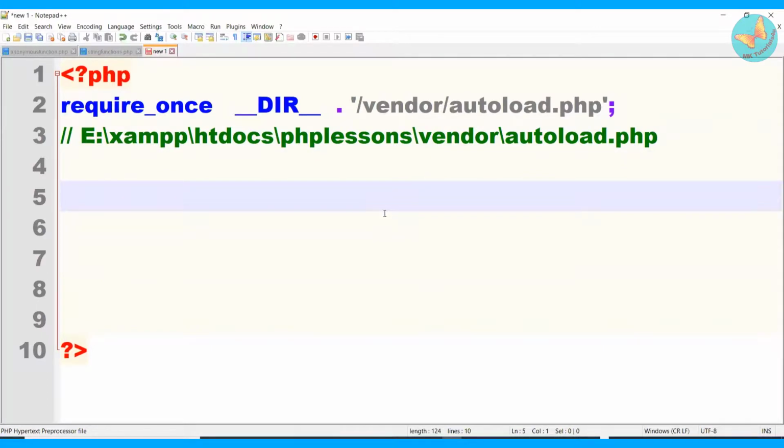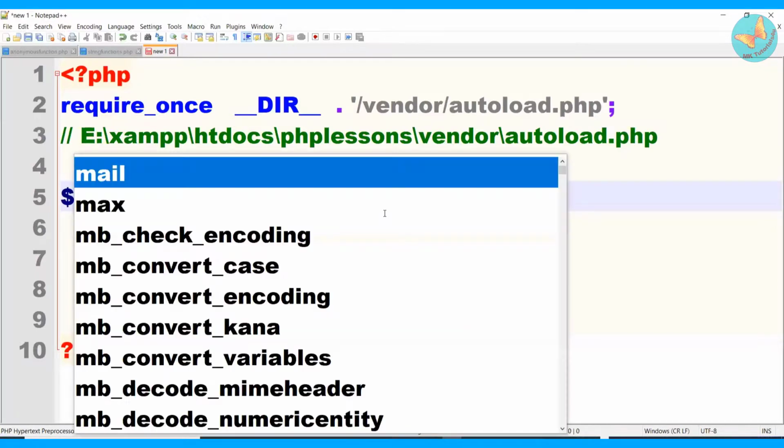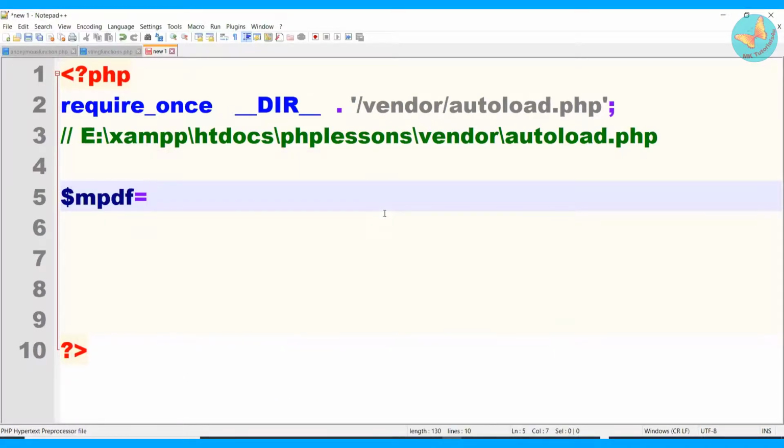Now once we have called it, the next thing that you require to do is use it, isn't it? For that, you have to remember one thing. This vendor folder consists of mpdf class files, so if you want to generate the PDF using the mpdf library, you have to create objects of these mpdf classes. So I'll denote one particular variable, $mpdf, and this will be the object variable of the class mpdf.